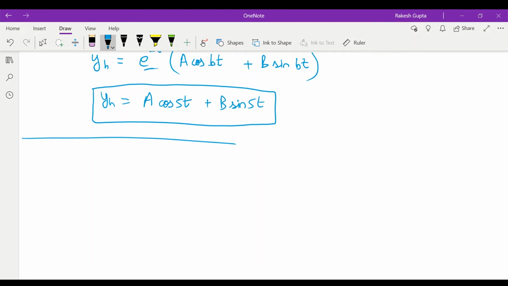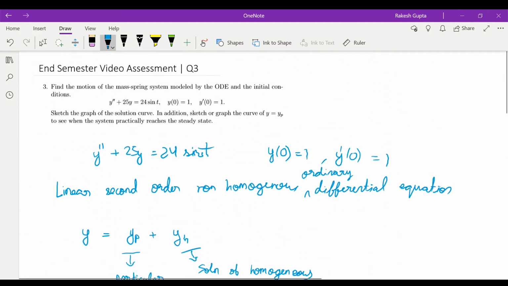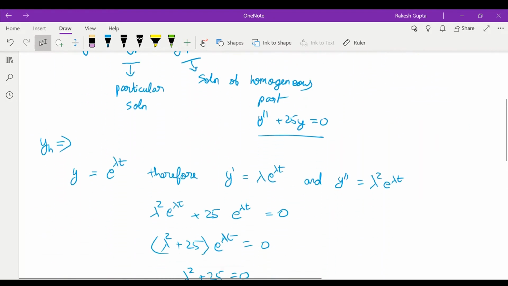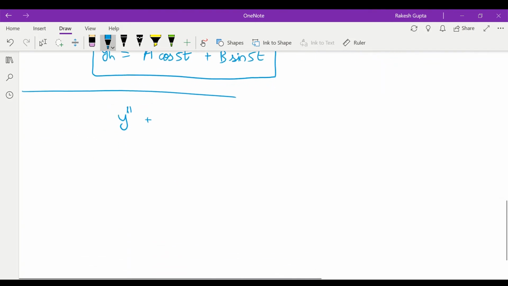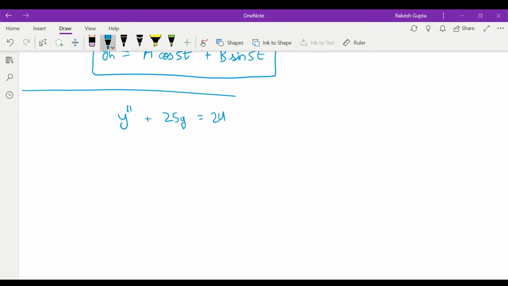Now coming to the particular solution. For our given ODE, which is y double dash plus 25y is equal to 24 sin t, for the particular solution we are supposed to get the left hand side of this equation in terms of sine, so that it cancels out with the right hand side. So for that, after applying the basic rule,